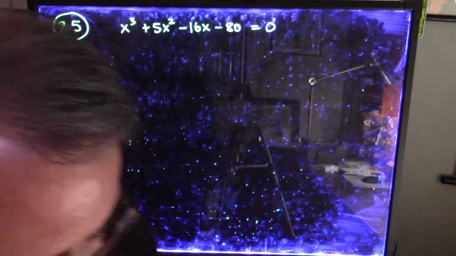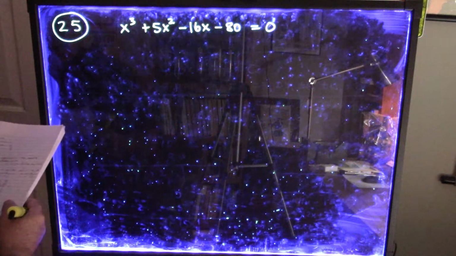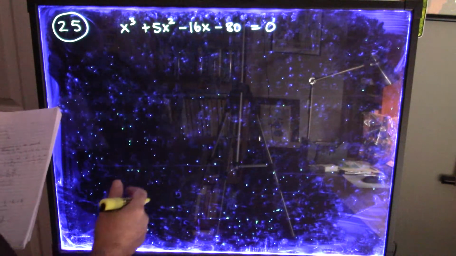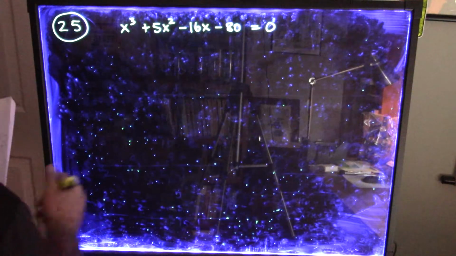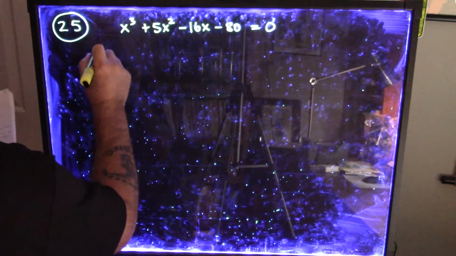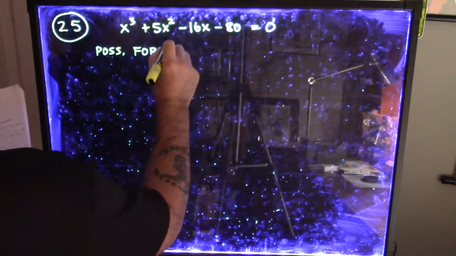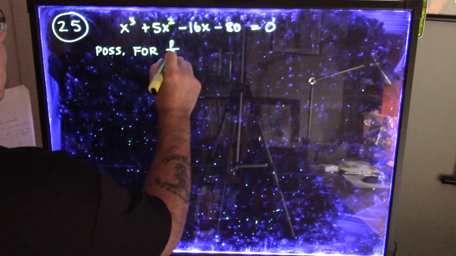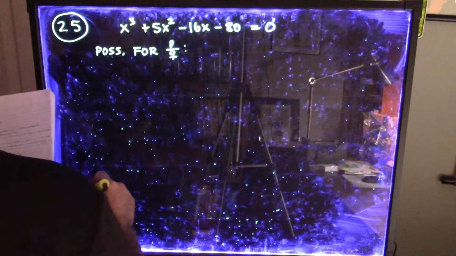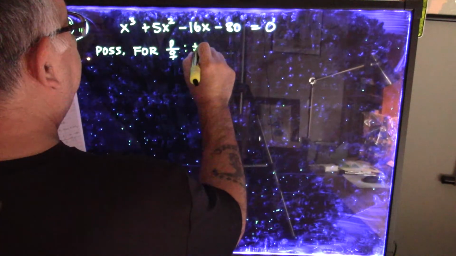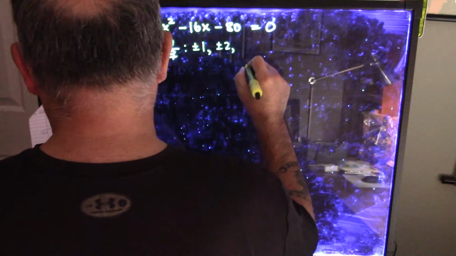Number 25. Okay, I've got the polynomial up there already. Now the leading coefficient is 1, so the possible rational zeros will all be factors of the constant term, negative 80. All right, so possibilities for our rational root, or rational roots, P over Q. So just the factors of 80: plus or minus 1, plus or minus 2, plus or minus 4,